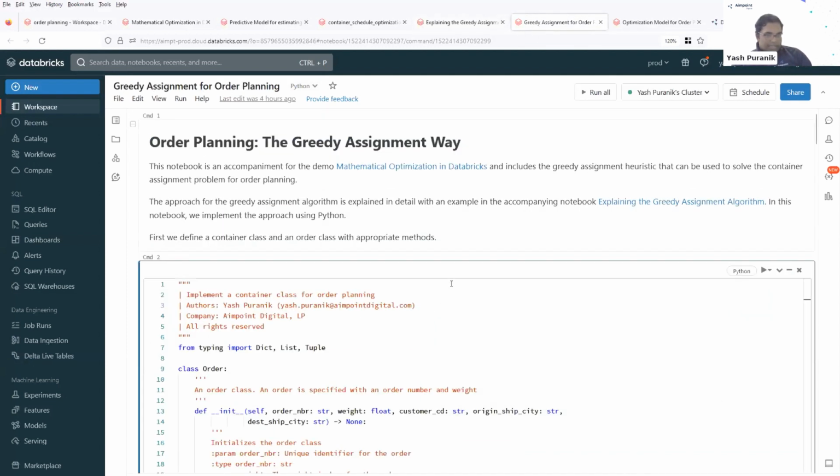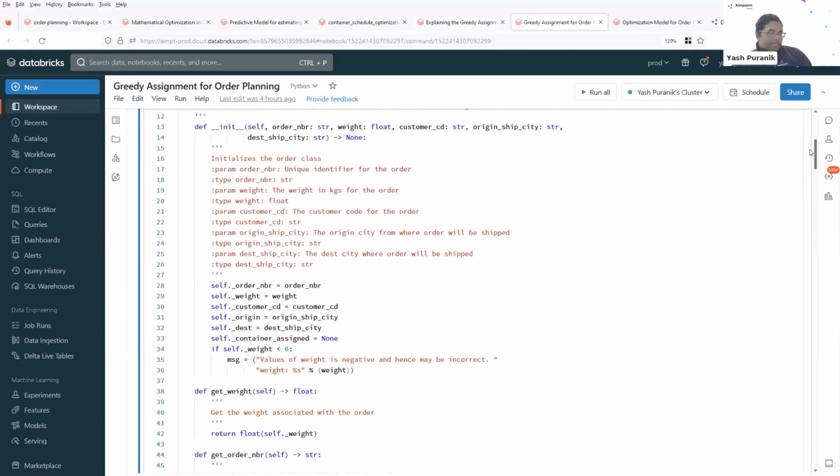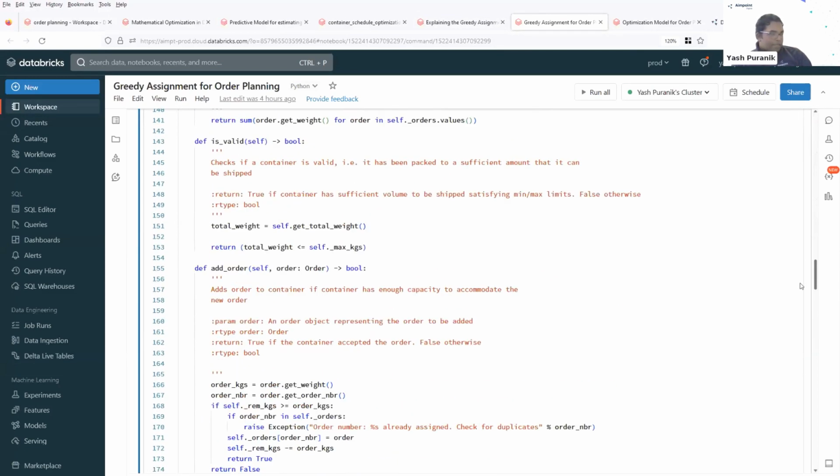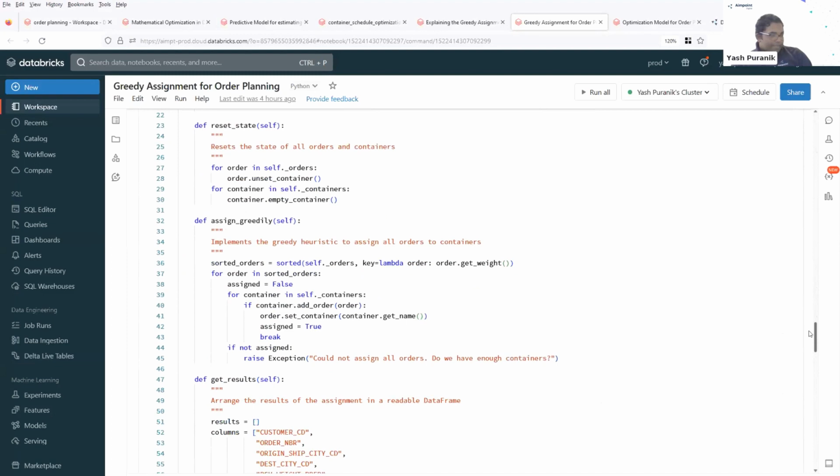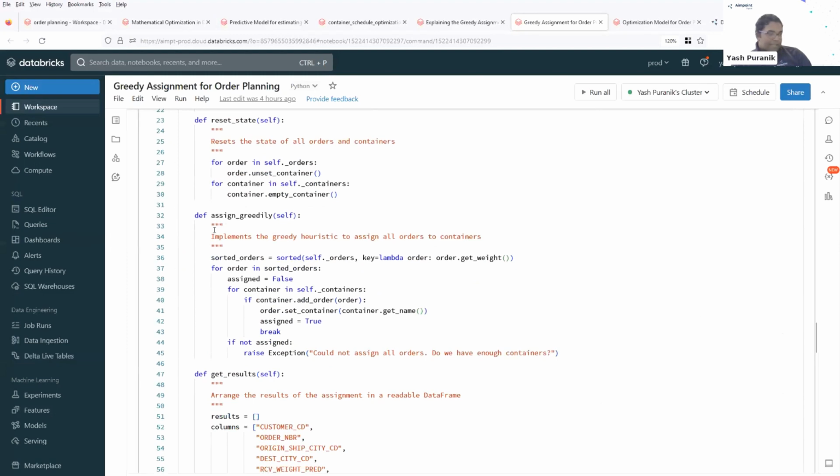And again, in the interest of time, I'm not going to go through the entire code, but it is implemented here. Maybe I'll just go quickly to the assignment function, and hopefully this makes it simple to see how the assignment was implemented. So the heuristic is implemented simply by we take all orders, we sort them based on weight, and we simply